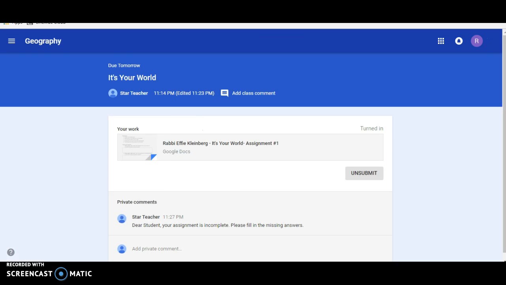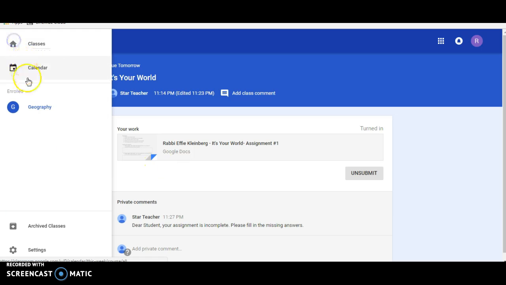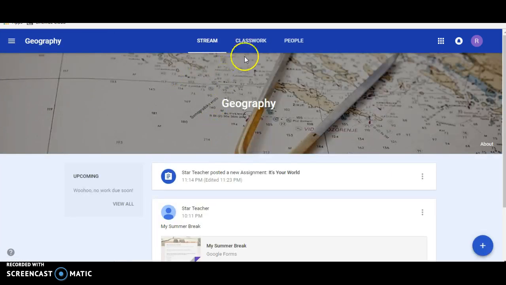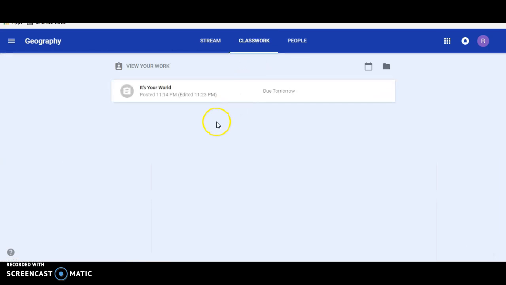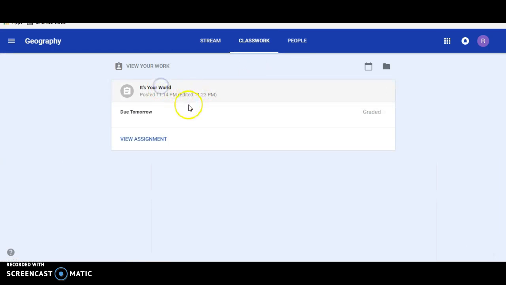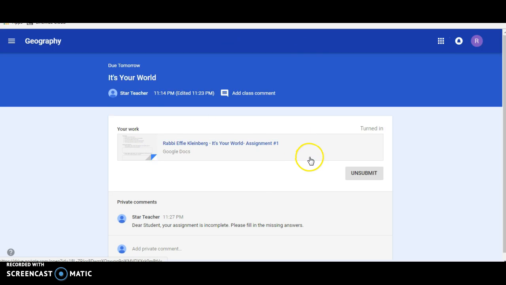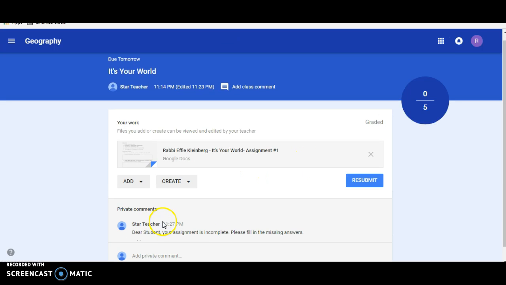If we go back to the student view, the student can see that it's been graded. They can see their comment here. They can see the grade. And if there's an opportunity to resubmit, that